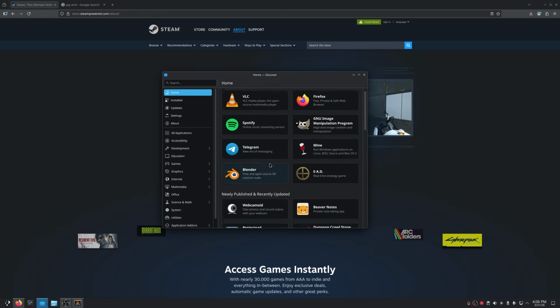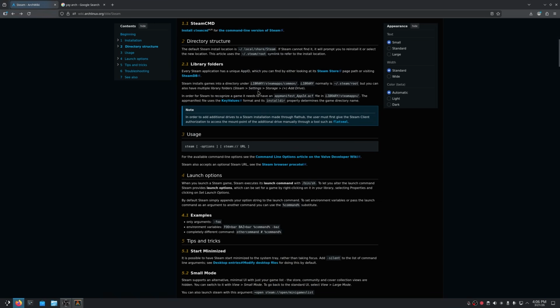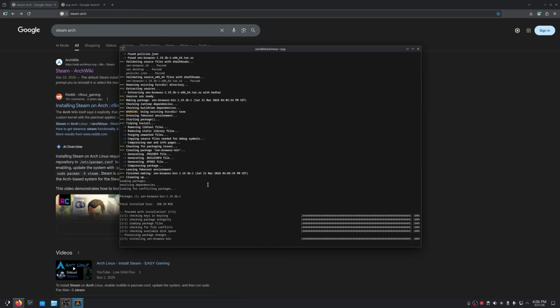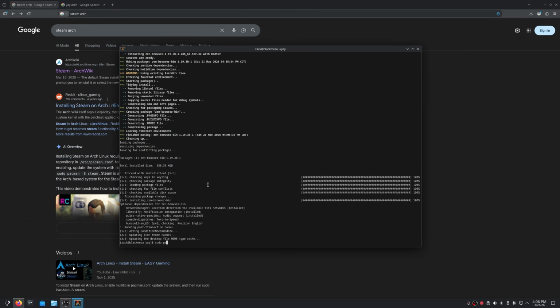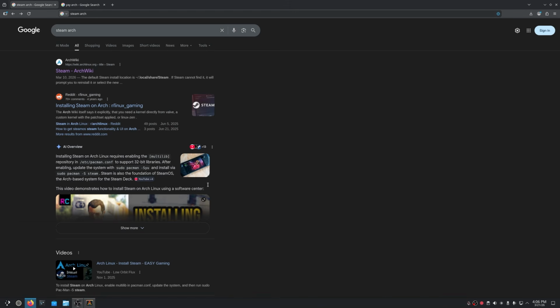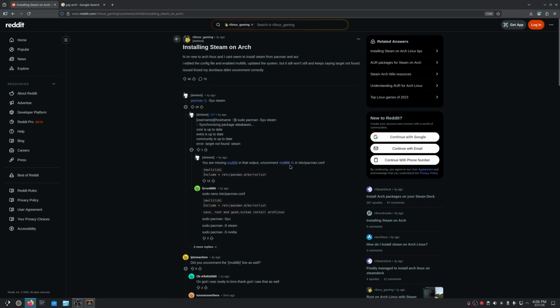I don't want to download the Flatpak version because I know the Flatpak Steam does have issues. So we're going to figure out sudo pacman. Oh, it is pacman, it just installed with pacman. Okay, cool. So sudo pacman -S steam. Target not found: steam. Okay. Well, let's figure out what's going on here. Multilib. Uncomment multilib in the